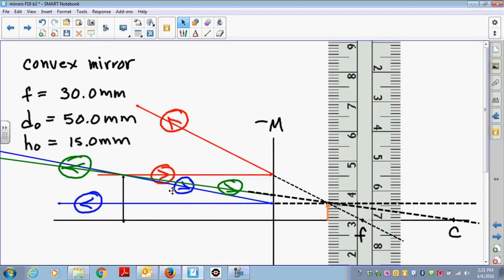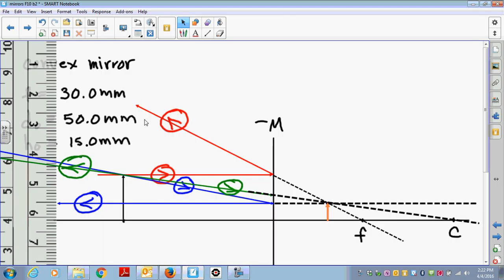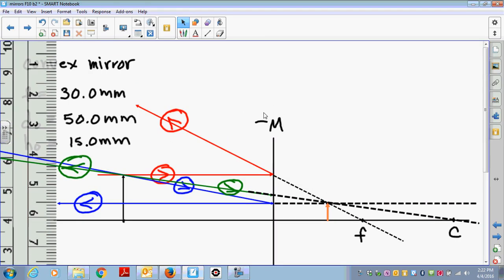Here we go. So for a convex mirror, the light ray goes parallel to the principal axis. So this is your first ray right here. The second one is here. It goes parallel and through the focal point. Notice that for a convex mirror, the focal point and the center of curvature are on the right-hand side. They're inside the mirror, okay? And that's because it's negative. The focal point here doesn't actually exist. It's actually projected into the mirror. Okay, so parallel through the focal point,